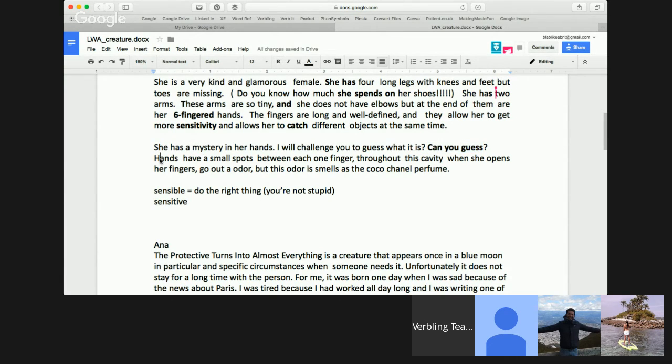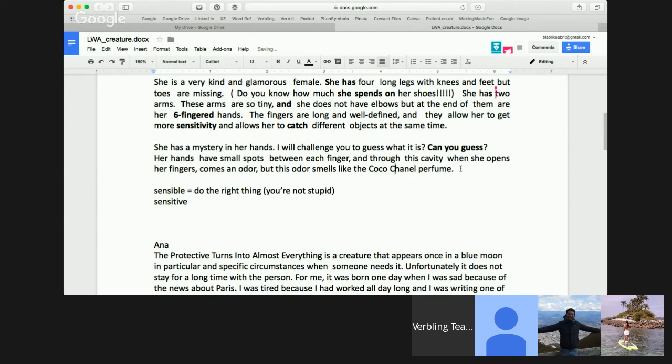Okay. Her hands have small spots, because we've got plural, we don't need a. Her hands have small spots between each finger, we don't need one. And through this cavity, throughout means like all over, but I think what you mean is through as in it travels through the cavity. Yes. Okay, so through this cavity, when she opens her fingers, comes an odor, or goes an odor, but we don't need to say goes out. I'd say comes. But this odor smells like the Coco Chanel, better put capitals,